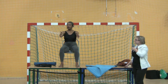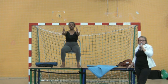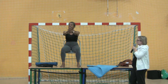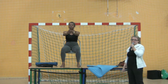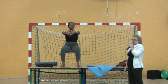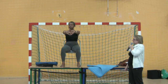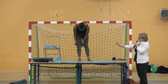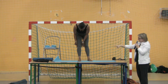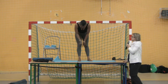Bring your arms out in front of you, palms facing each other. Bring your hands together, interlace your fingers. Turn your palms to the front of the room. Tighten your elbows. This is your outer knee. The inner and outer knee want to be on the same